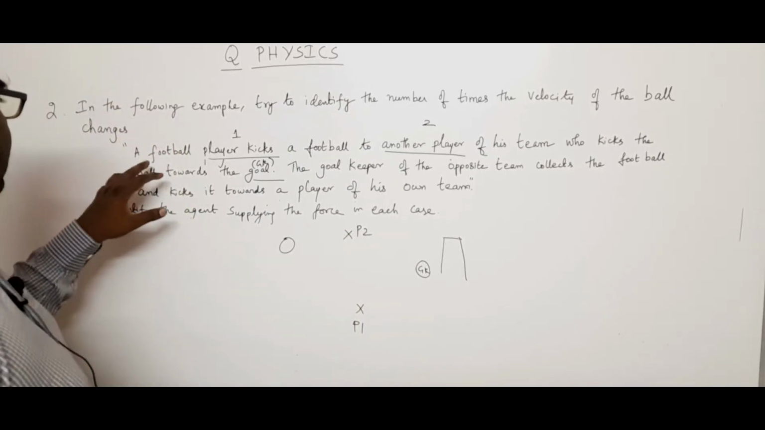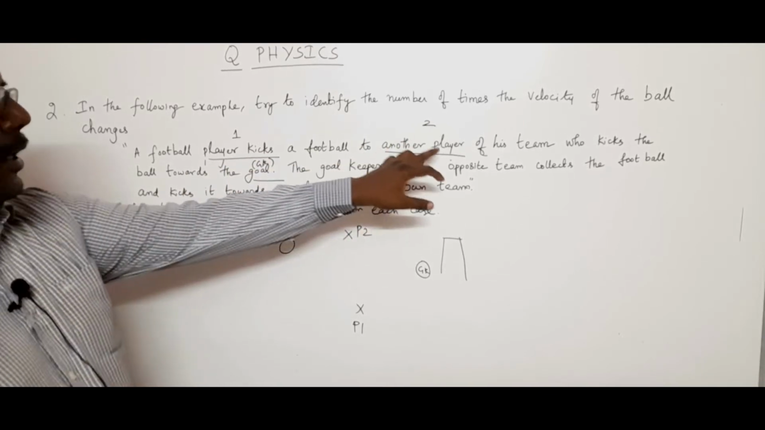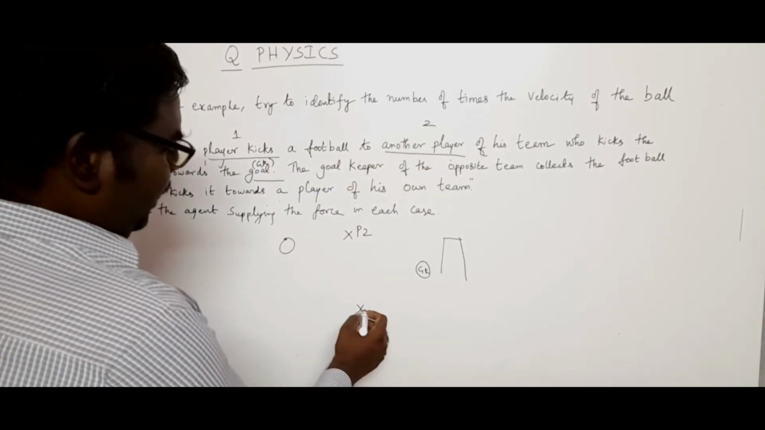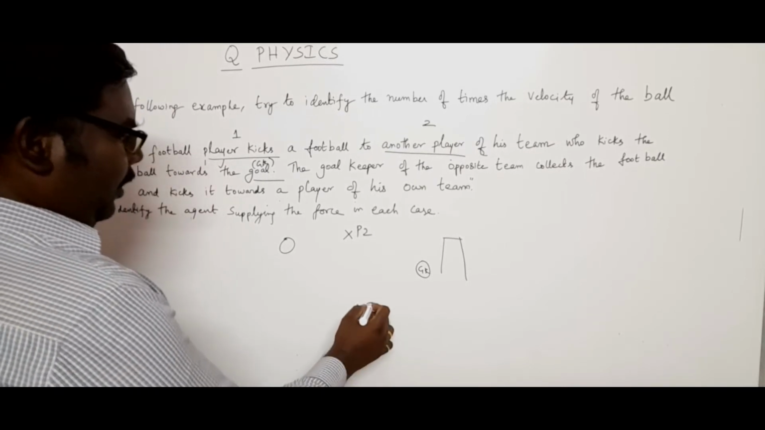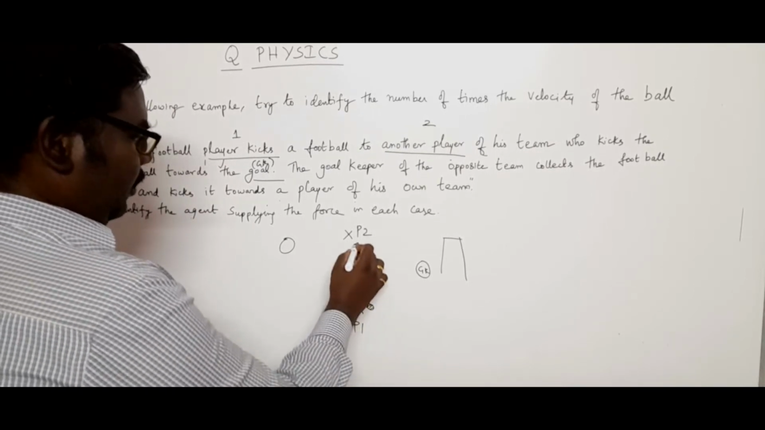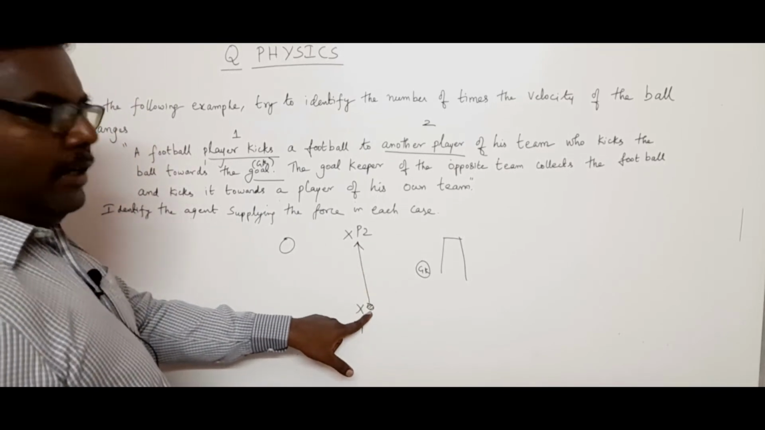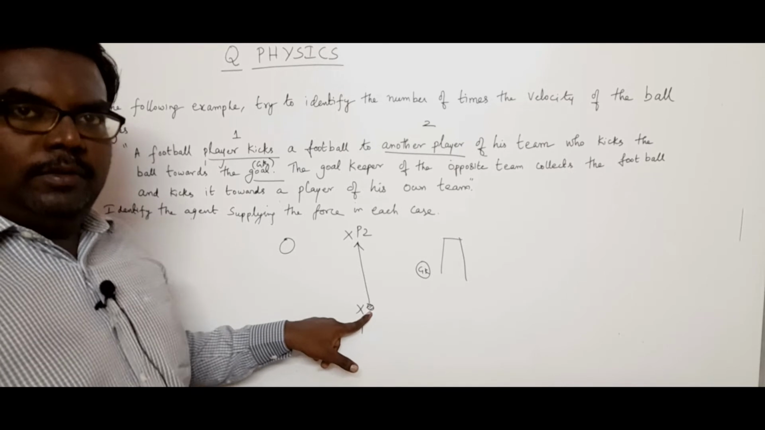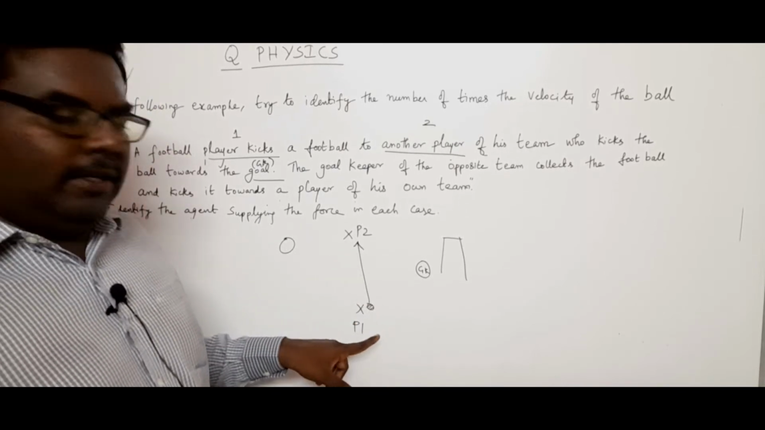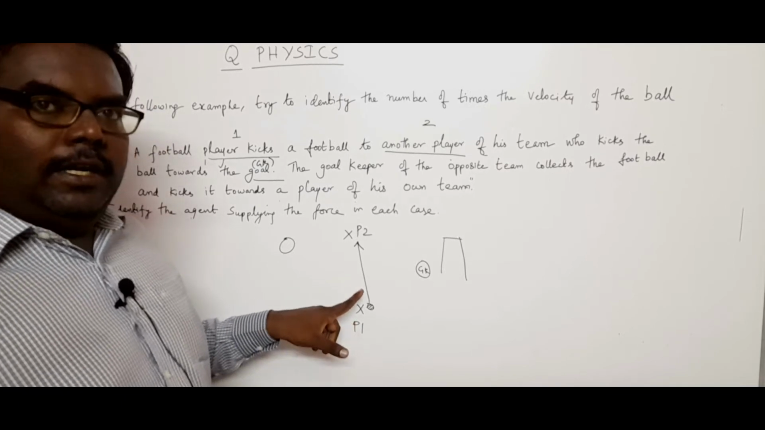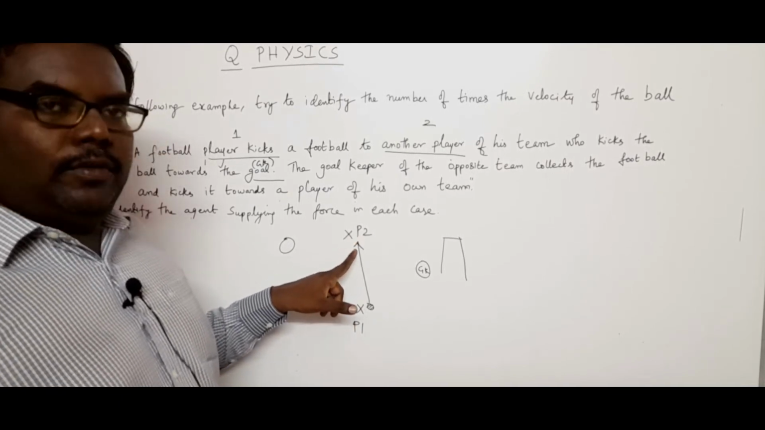Okay, now according to the statement, a football player kicks a ball towards another player. So first the ball is with player 1, and he kicks the ball to player 2. Initially, when the ball is at rest, the velocity will be equal to 0, and when he kicks the ball, the velocity changes. There is an increase in velocity, and slowly, when it reaches the point, player 2 stops it, and